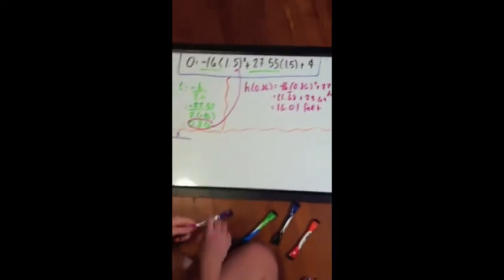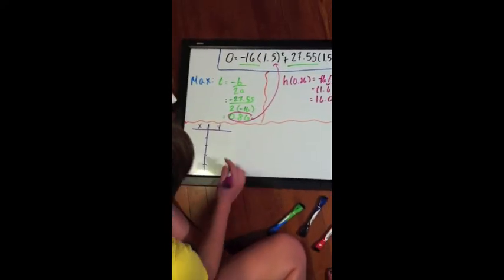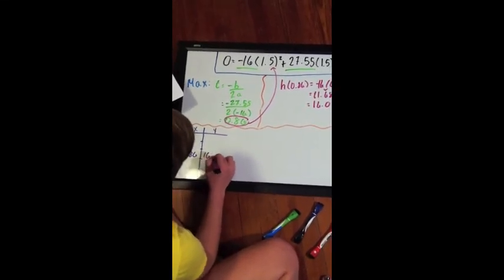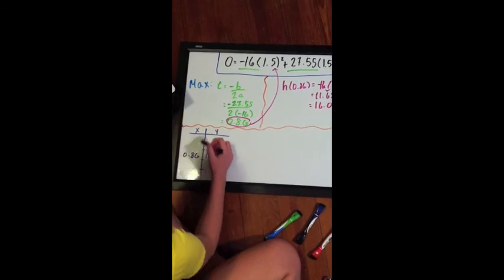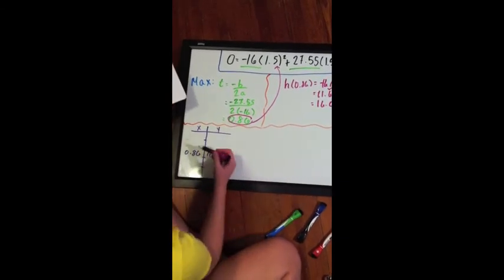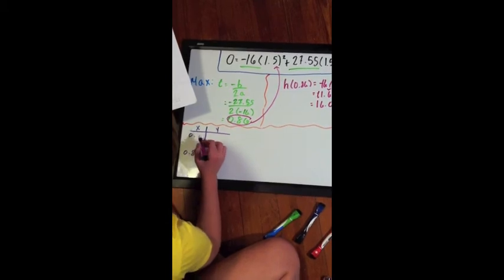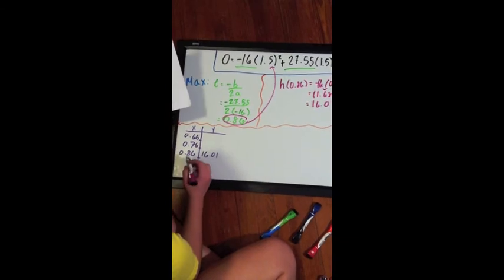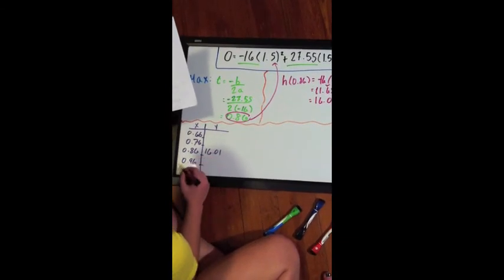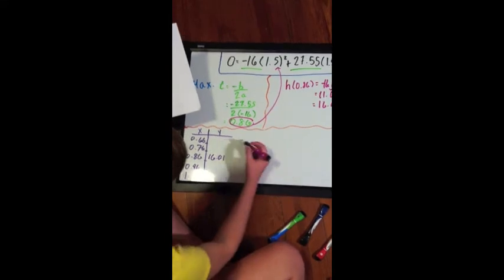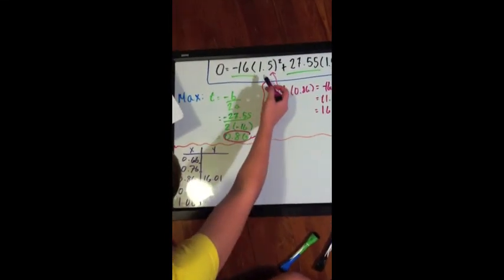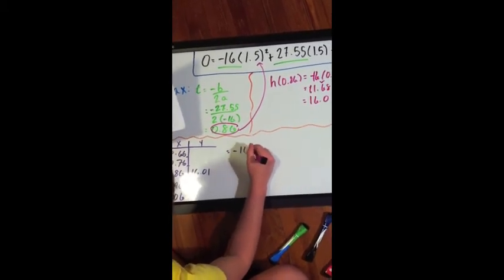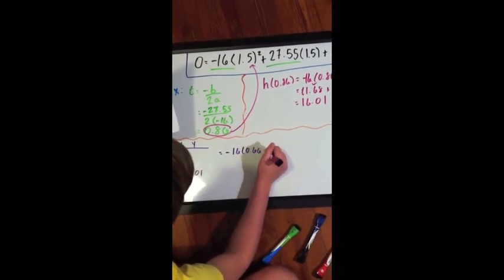So with that as one point on your graph of 0.86 and 16.01, find 2 points above it and 2 points below it to complete your graph. So I'm going to pick 0.66, 0.76, 0.96, and 1.06. So plugging each of these numbers back into your original equation, you have negative 16 times 0.66